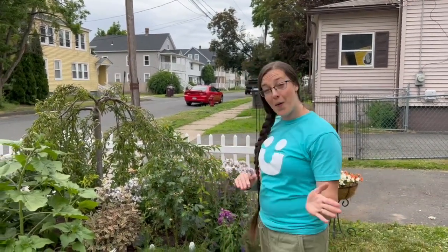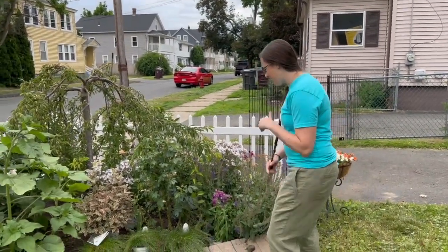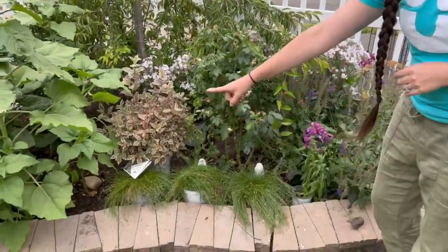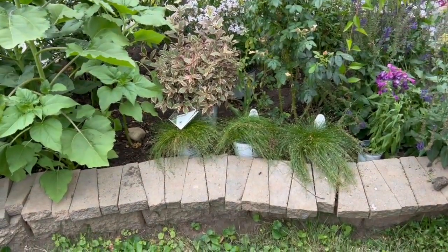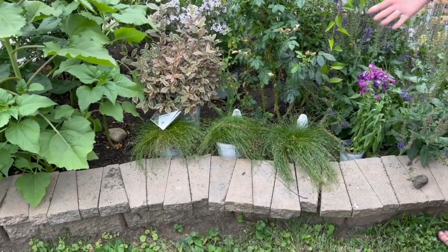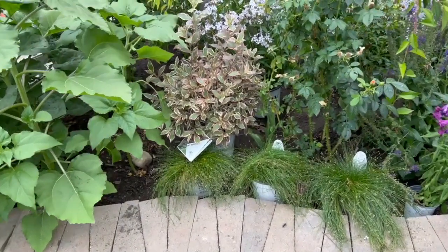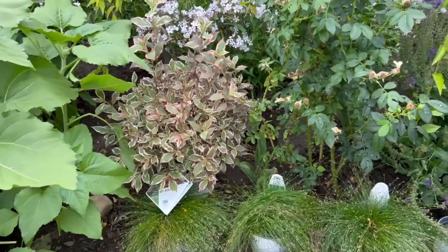Okay, so in true Emkin fashion, our plan adjusted mid-placement. Because again, my wonderful husband has a really great eye for flowers and arranging. So, come on in. We added some things and we moved some things. So we have our fiber optic grass right up front, right with the border. That way it has that space to mound over. We have our Monet Weigela. We ended up adding a